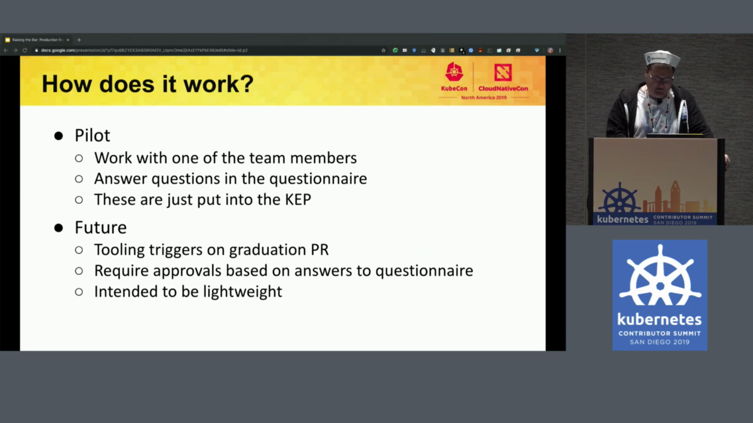Again, intended to be lightweight. We don't want a centralized production readiness review team that everything has to go through. With API reviews, we have to do that, and we know that can become a bottleneck. So as much as possible, as we have each of these sections in the questionnaire, and I can probably bring it up later,